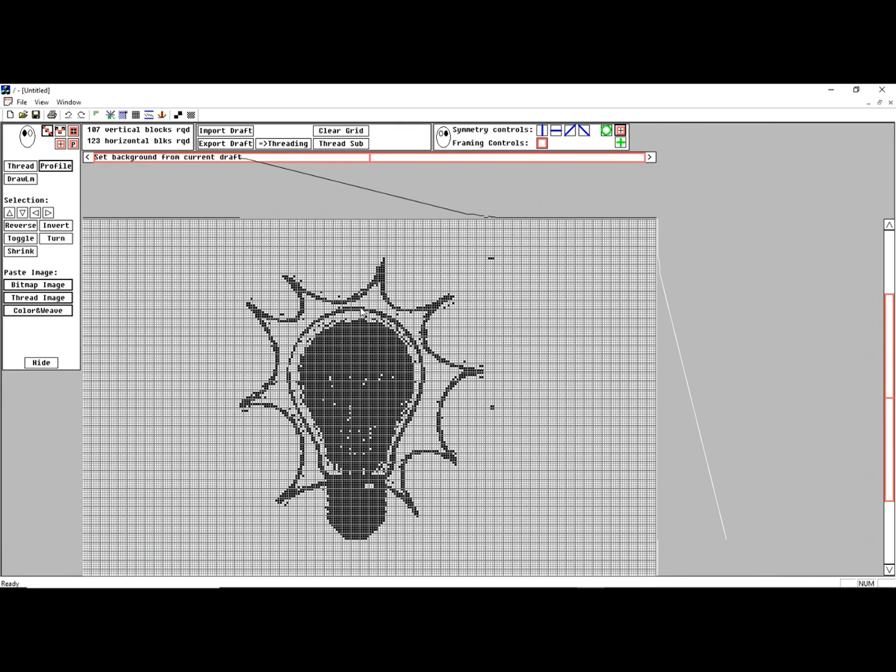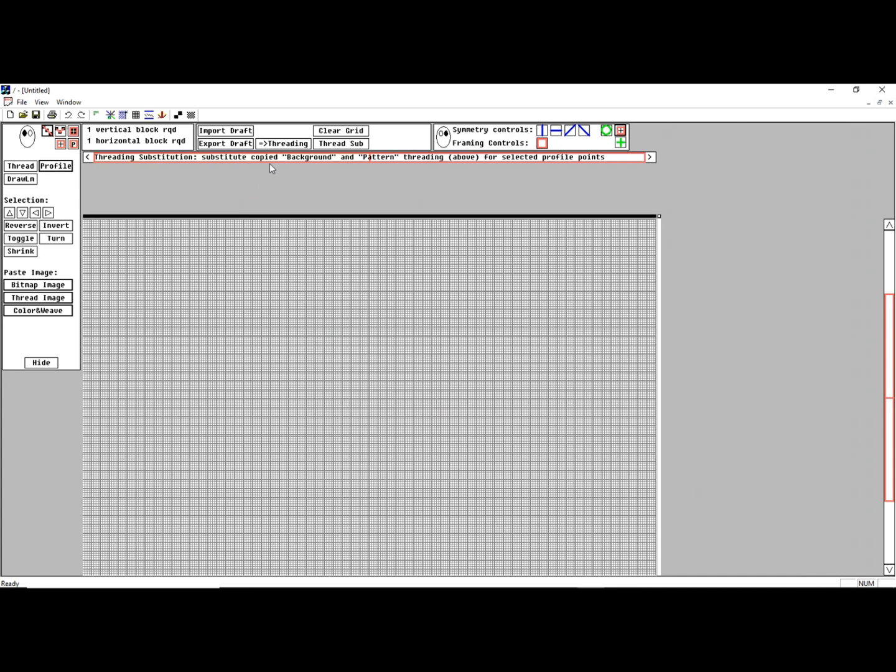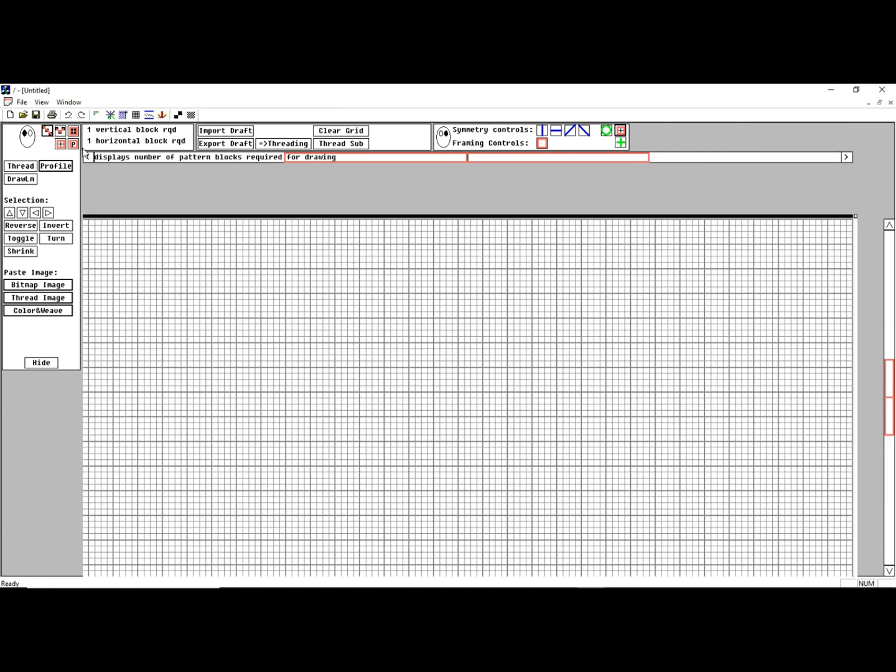I can then edit that, do block substitution on that, manipulate that however I want to. That will work on bitmaps, full color images. Color and Weave will actually take a color threading diagram and regenerate the threading, treadling, and tie-up sequences. Now the other thing I can also do, let me zoom into a corner here,